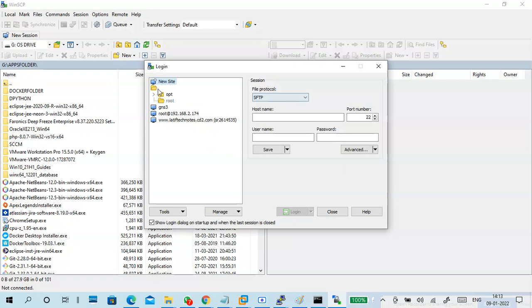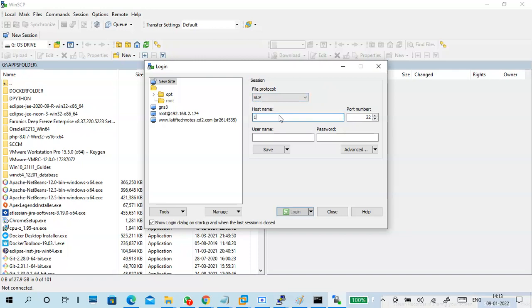So you can create a new connection, a new site. Do you want to connect with secure FTP, SCP, FTP or WebDAV? Or an Amazon S3 bucket. Like that, we can use WinSCP. I'm selecting the SCP protocol, or you can use FTP, no problem. SCP is a common protocol, an SSH-based copy protocol, because SSH is on every machine. Port number is 22. FTP is different, it is 21, and this is 22.